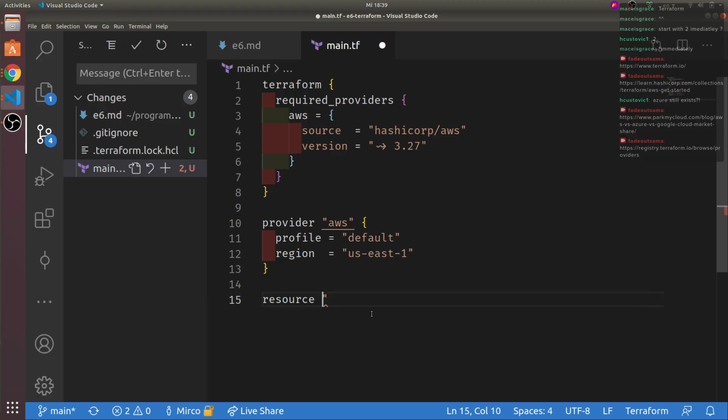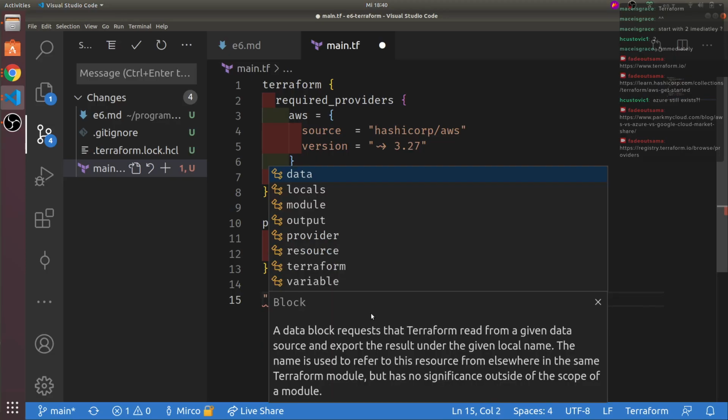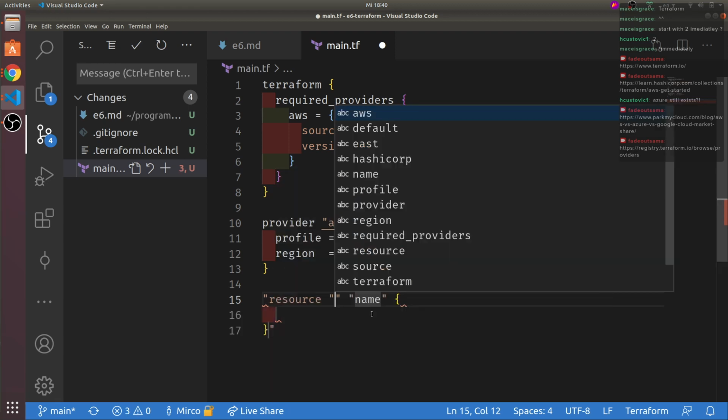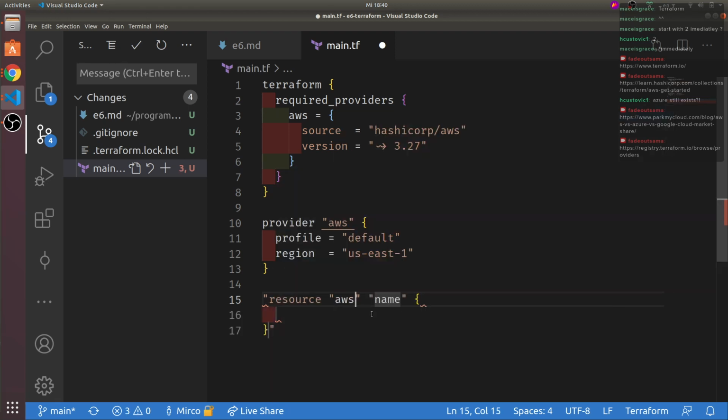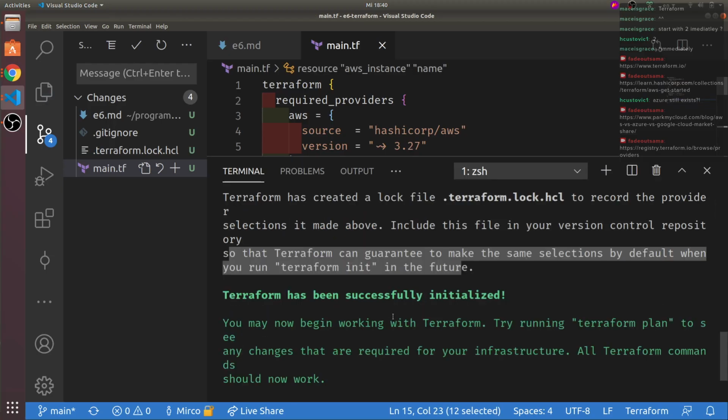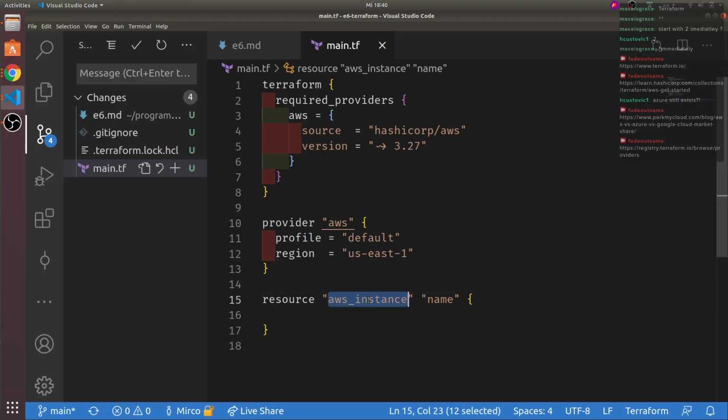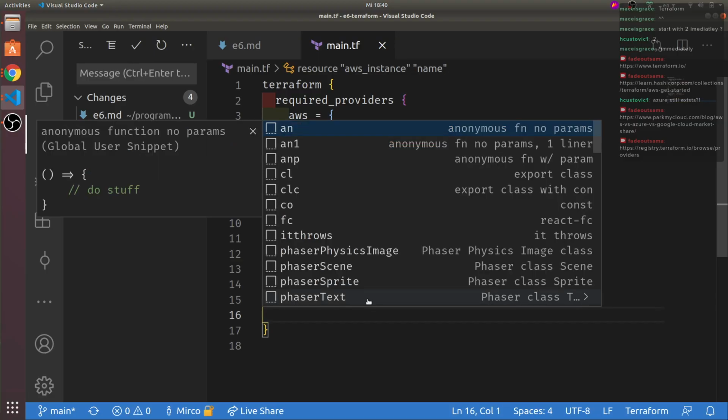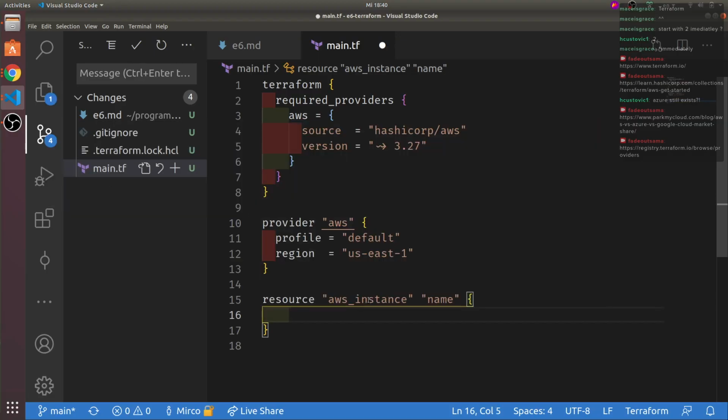Anyway. Let me just check one thing. Let's do it like so. And we want AWS instance. Okay, I don't know. Where does it put this around there? So to a degree, last time I got it working again.